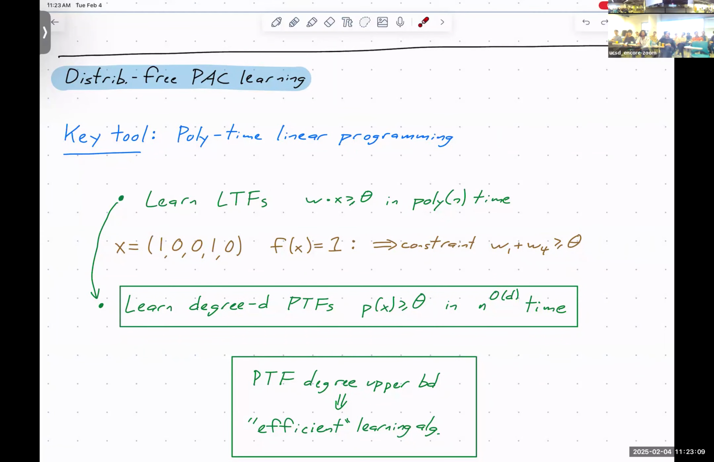High level, but it's all good. It's all very standard. Okay, well, if you can learn LTFs, linear forms, these are just degree 1 polynomials, in